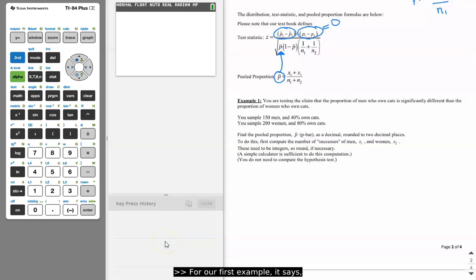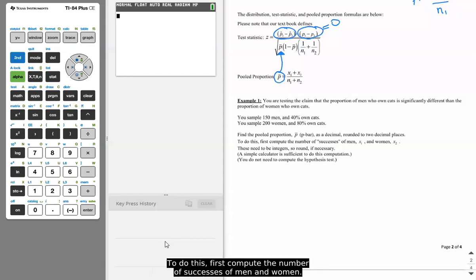Okay, so for our first example, it says, you are testing the claim that the proportion of men who own cats is significantly different than the proportion of women who own cats. You sample 150 men and 40% own cats. You sample 200 women and 80% own cats. Find the pooled proportion, P bar, as a decimal rounded to 2 decimal places, and then it gives us some